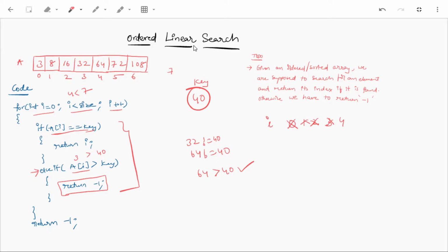Suppose the element that we are searching for is 2. Let us say we are searching for the element 2 in the same array. We have to search 2 here, here, here and until here. So we have to check the entire array to find that 2 is missing. There are a few cases where we are supposed to search the entire array even if the array is a sorted array. The worst case can be O of n. Let's implement the same algorithm in C language.